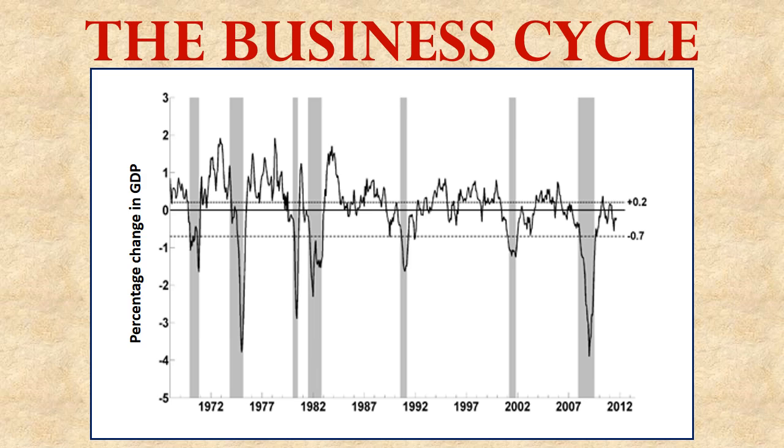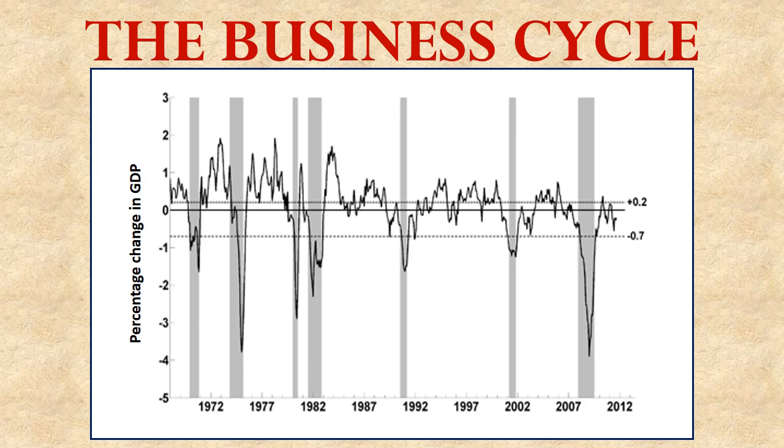We then call that a recession. So if the economy gets smaller just for 1 quarter, they don't call that a recession. It has to be at least 2 quarters in a row. So when we have at least 2 quarters in a row, maybe more, of the economy getting smaller, they define that as a recession, and those are marked in the gray bars. So we can see that during these periods when the bouncing line representing the growth rate of GDP is below that 0 line, we have the gray bars for recessions, and when it's above, we then have the white bars representing times of economic growth.